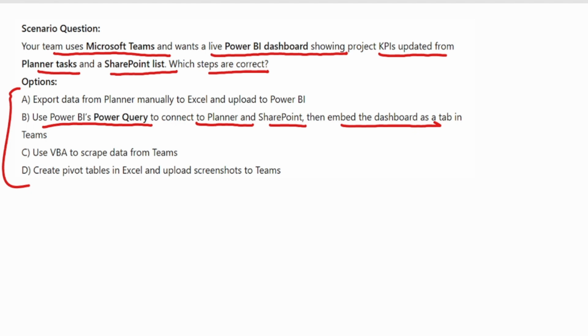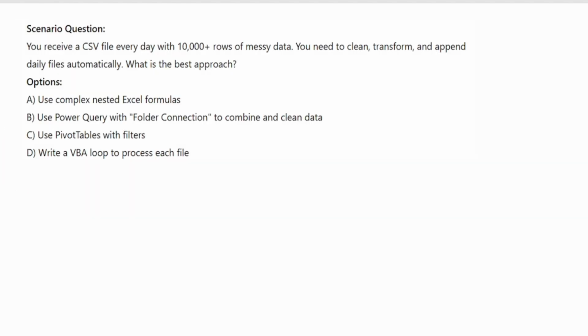Power BI supports a direct connection to Planner with the help of Microsoft Graph API and to a SharePoint list, and the dashboard can be embedded directly as a Teams tab. So the correct option here is option number B. Now move to the next question.